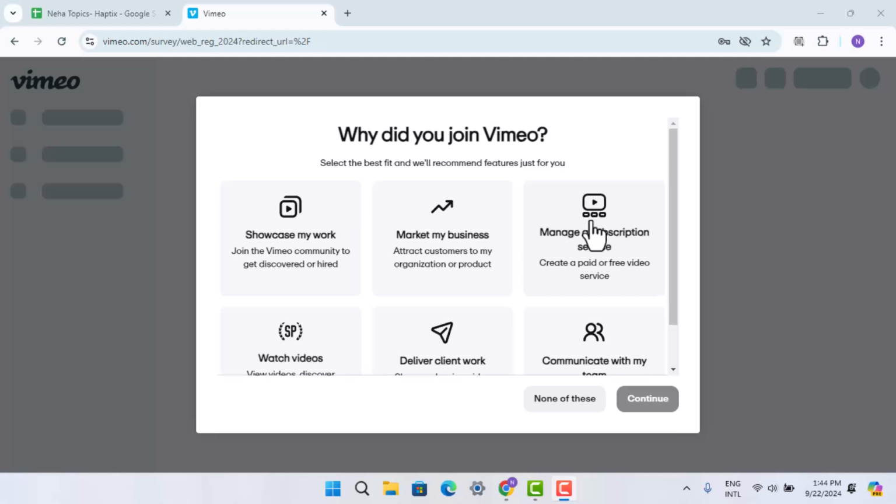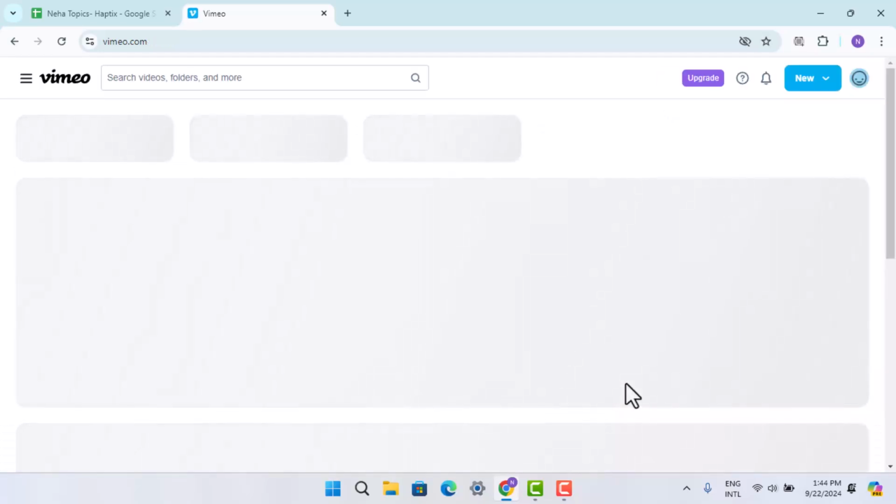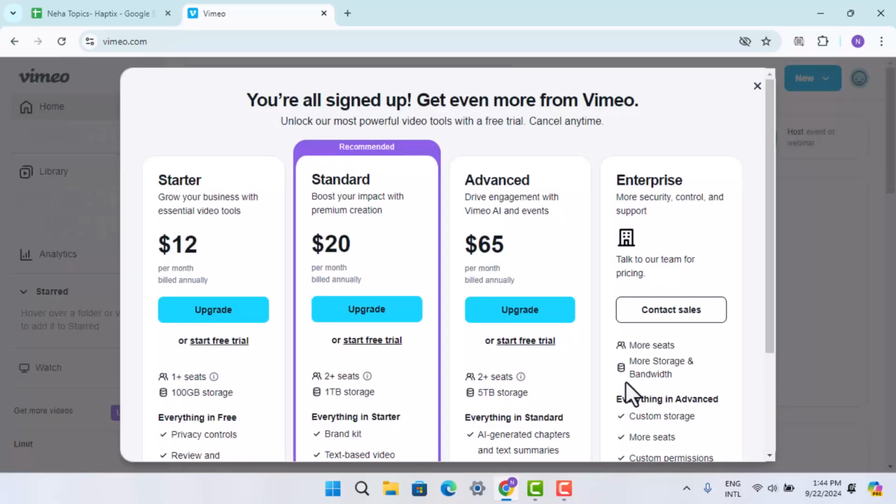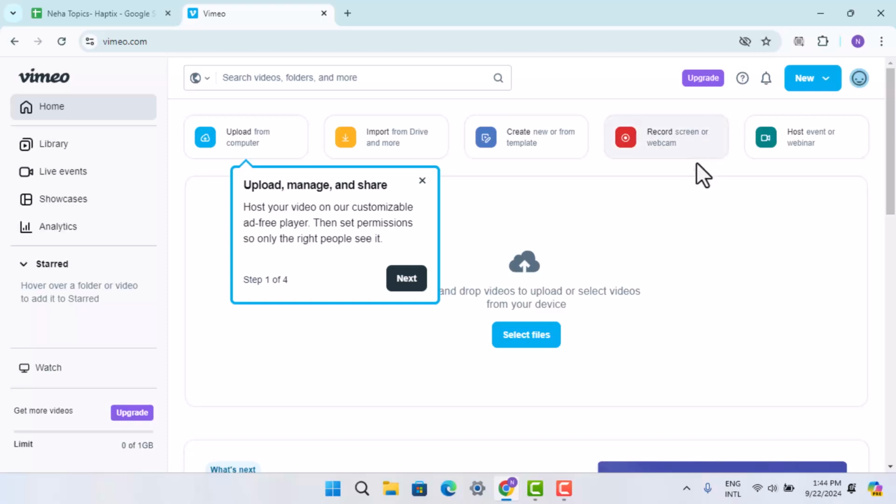So now that you've successfully created a Vimeo account, select why you've joined Vimeo. I'm going to go with marketing and business. Click on continue. Once you've done that, there will be some terms and conditions, so you can go through it. Right on this page, you can see this is the plan. You could go ahead and upgrade it, or you can just click on the cross button from the top right